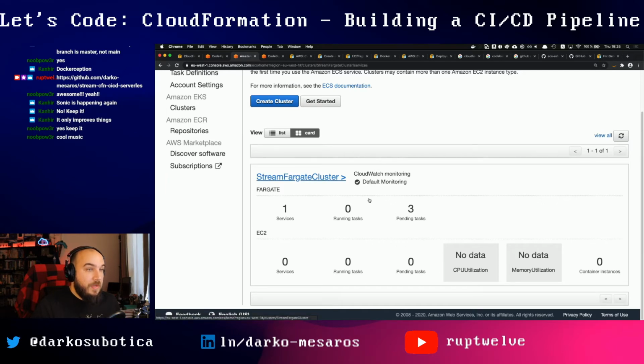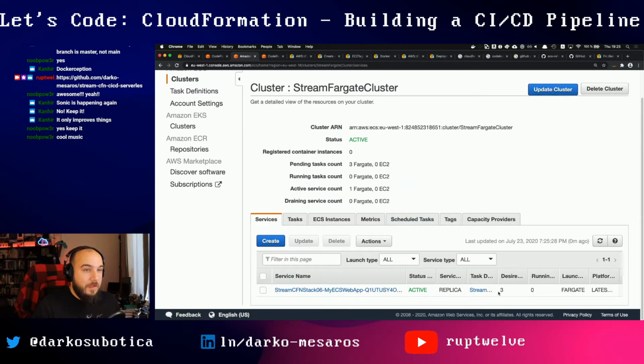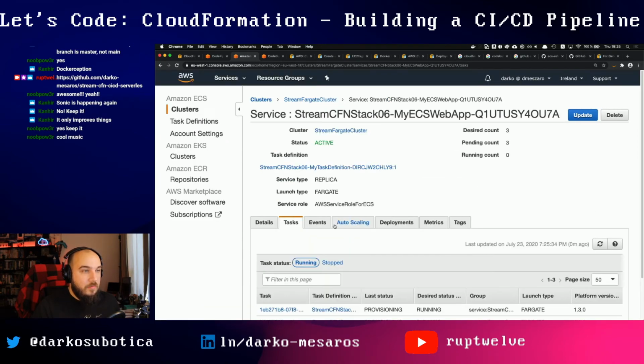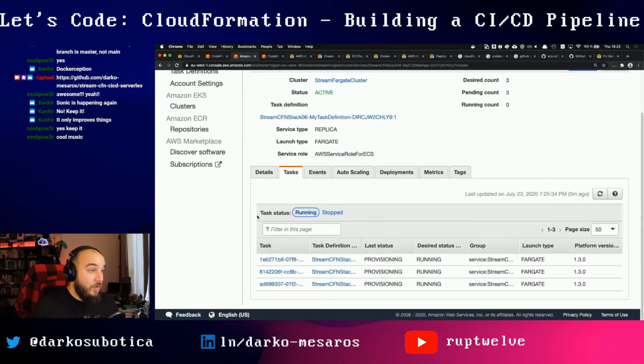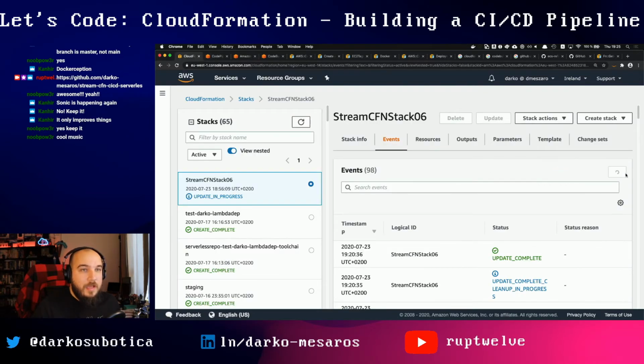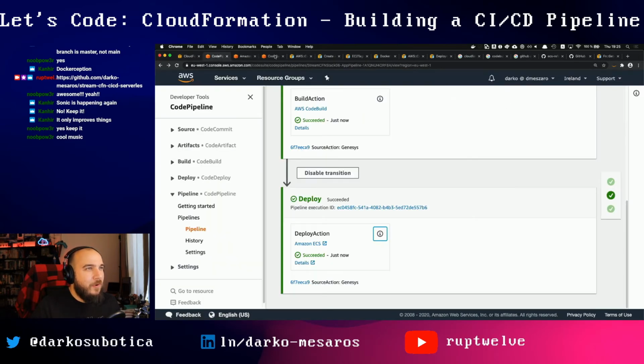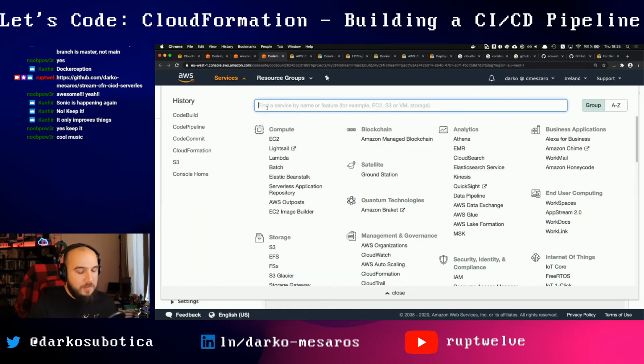one service, and we already updated. The pending tasks is 3. We have the desired set running here at this thing. And how many tasks do we have running right now? We have 3 tasks running. So hopefully now, if I go back to CloudFormation and have a look at our outputs, we don't have any